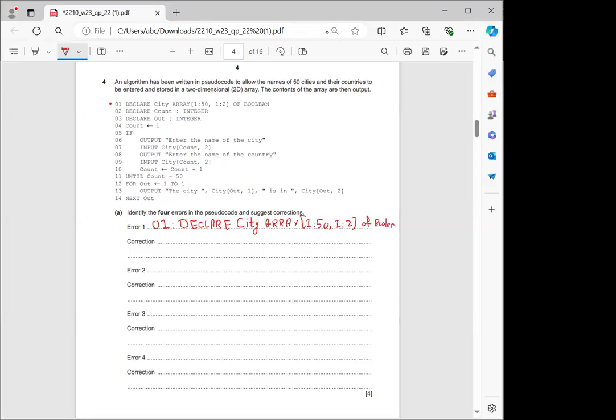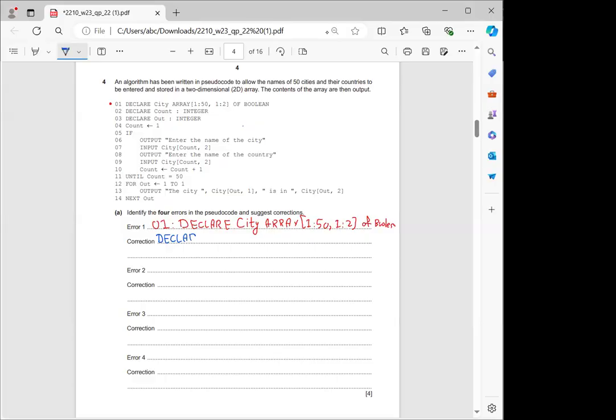Now, what is going to be the correction of that? First of all, it can never be Boolean. The names of the cities are always different. They can never be a Boolean. And they have not added the semicolon here. So the declaration is wrong. I taught you in the class how you can declare a variable. So you can do that by writing it. Correction is